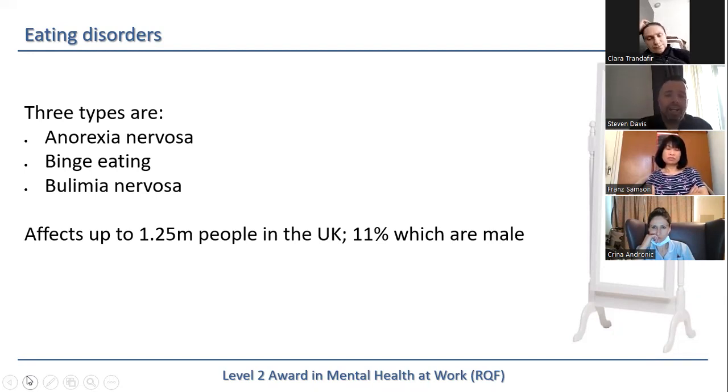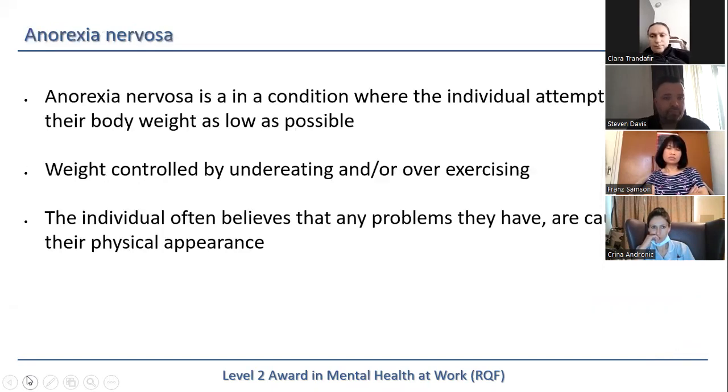So you need to be able to recognise and respond to all 3 disorders. Anorexia is a condition where the individual loses their body weight. It can be controlled by under-eating or over-exercising. I've seen this both ways on a ward. I've seen a young girl completely refuse to eat, barely taking a glass of water a day. And then I've seen another girl who ate very, very little, but was then running up and down the ward.